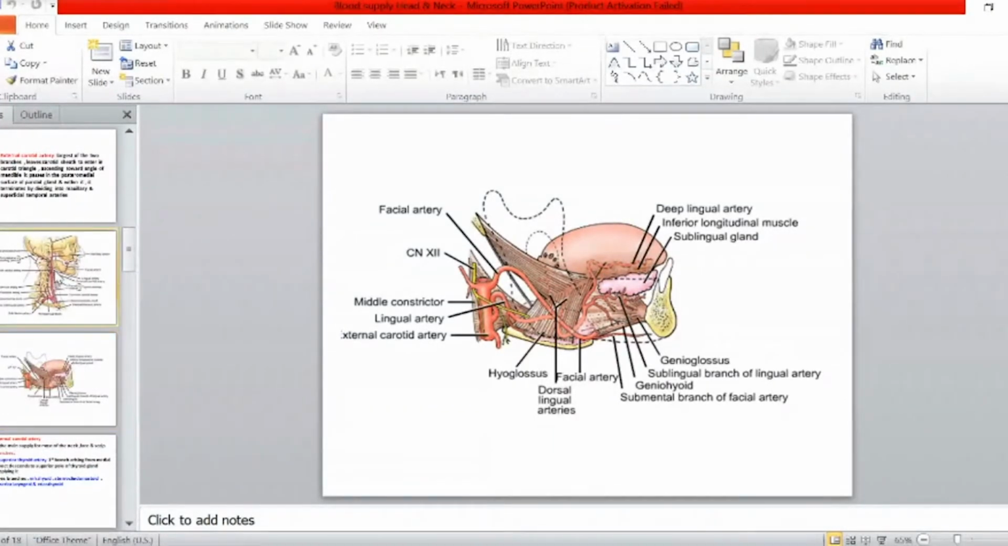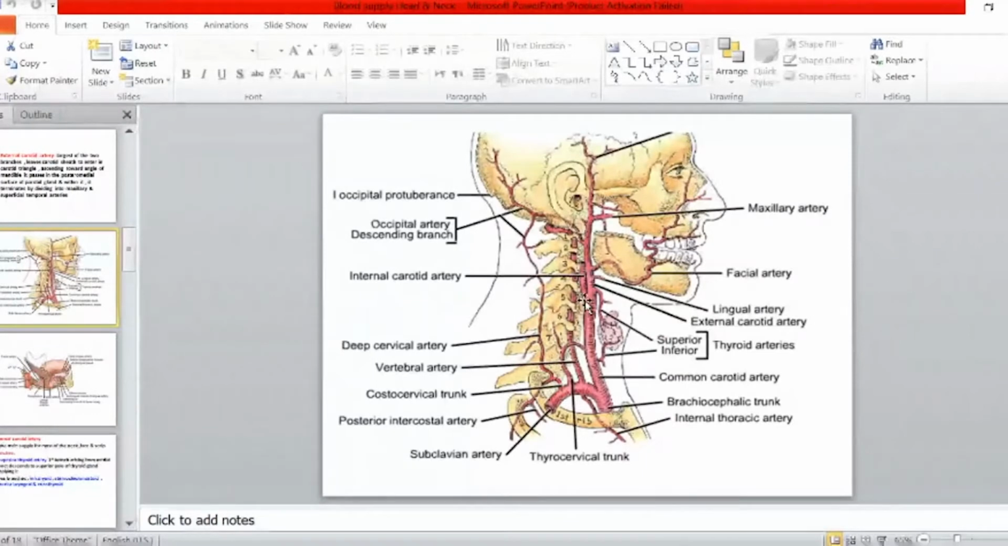Next, we have the facial artery. The third one is the facial artery, which arises above the lingual artery, or sometimes both of them arise by one trunk and then divide into lingual and facial artery. The facial artery, again, we have studied it with the face, arises from the medial aspect of the external carotid artery, enters the submandibular triangle deep to the posterior belly of the digastric, and then passes deep to the submandibular salivary gland,